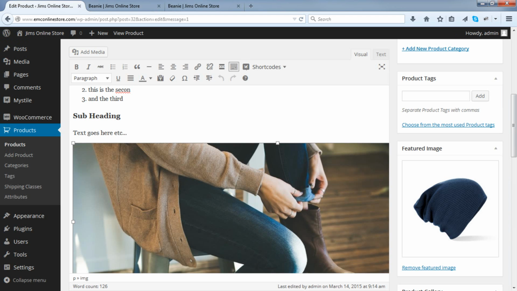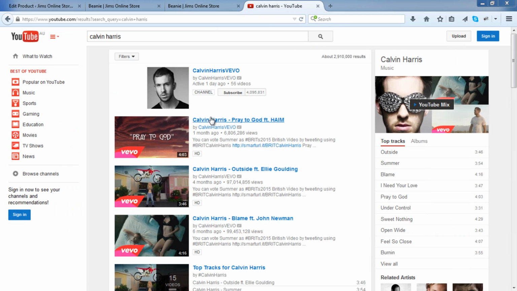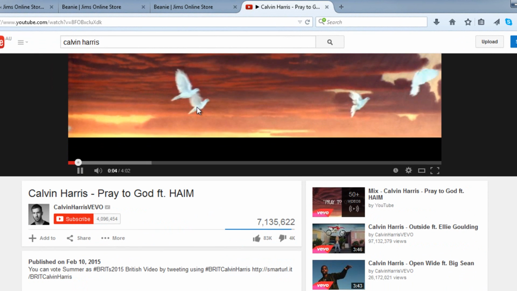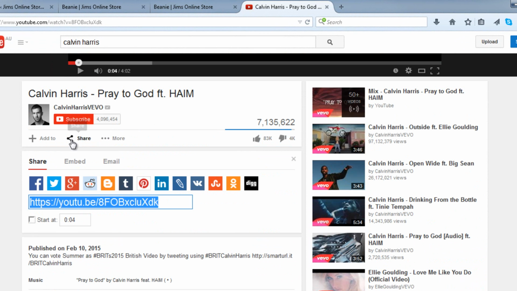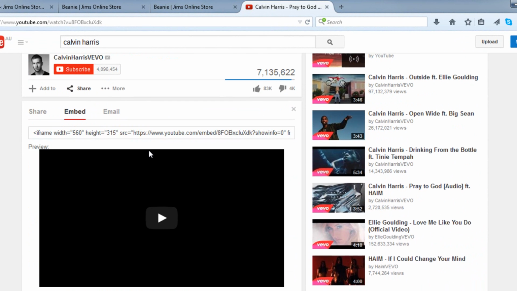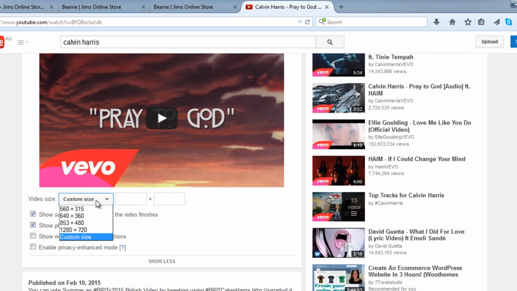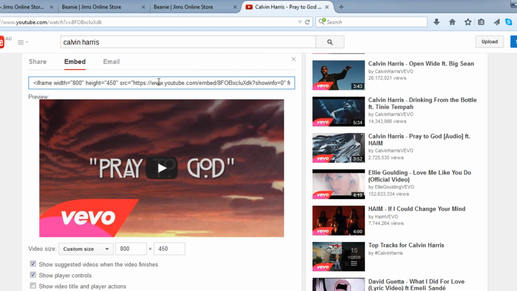So if I go to YouTube, let's just go to any video. You're probably familiar with the embed button. It's under share, and then if you go to embed, you'll be able to see some code to embed a YouTube video. So what we want to do is use a custom size. Let's put a width of, say, 800. The height will be automatic based on your width. Then all you need to do is copy and paste this code in here